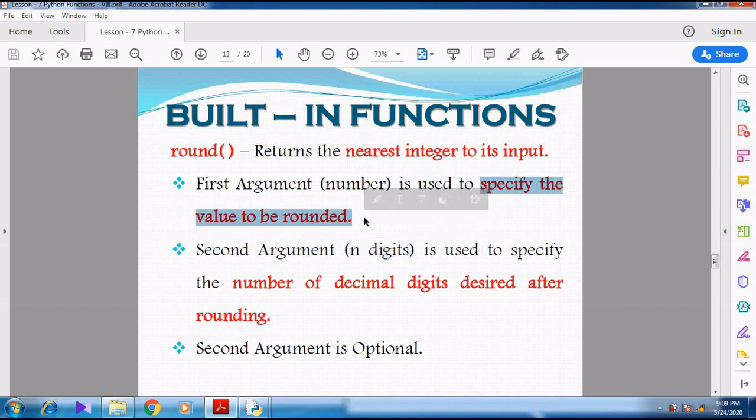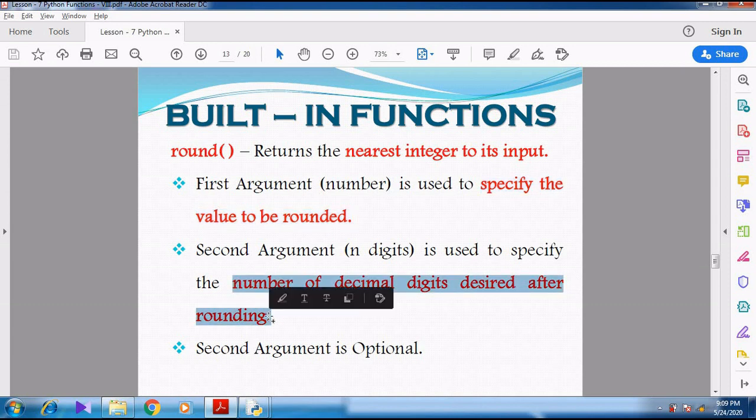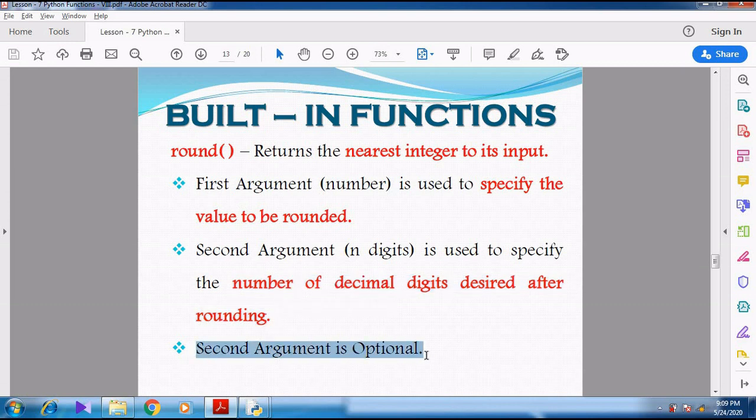The second argument specifies how many decimal digits should be displayed after rounding the number. Here the second argument is optional. If you need, you can give it, otherwise it is not needed. Right, let's see the syntax and example.